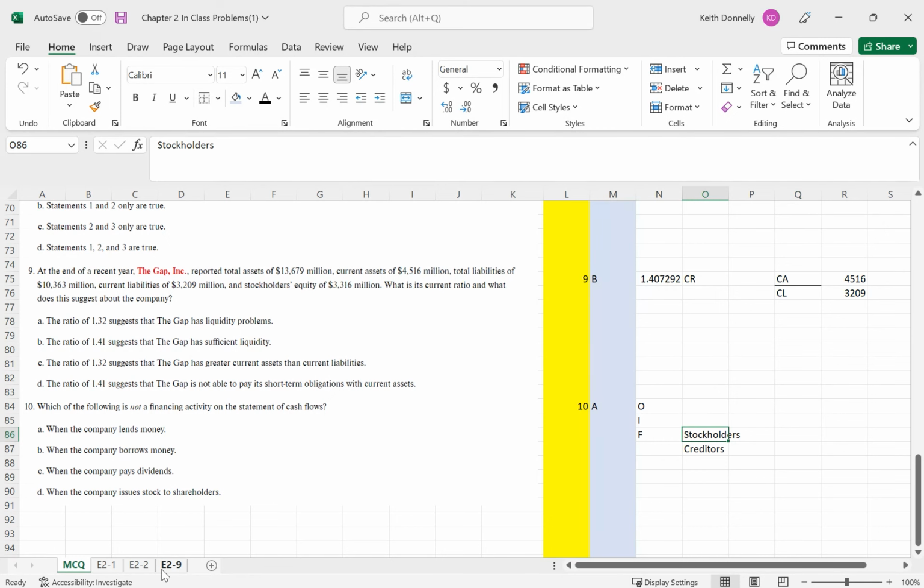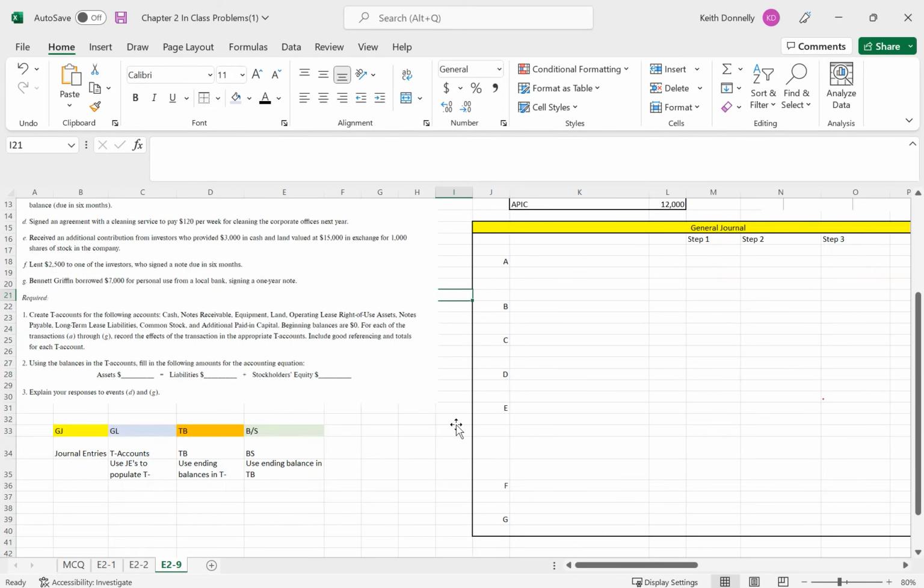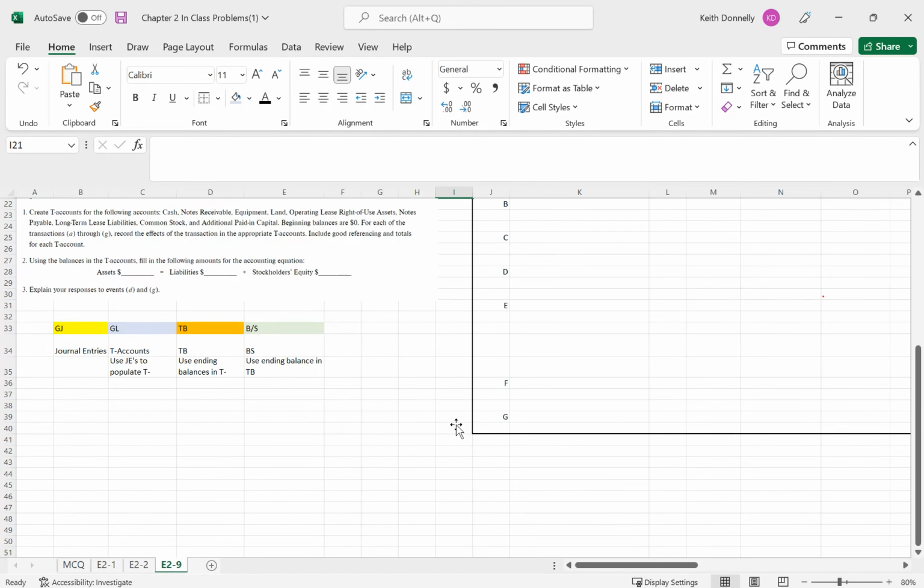Now, the next one we're going to do is E29. I've built this out a little bit to save some time for us. Basically what I have here is a little cheat sheet, as I would call it, a little summary that's going to help us understand what we're doing here. If you remember the PowerPoint,